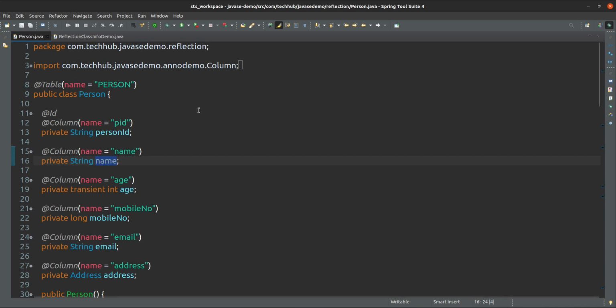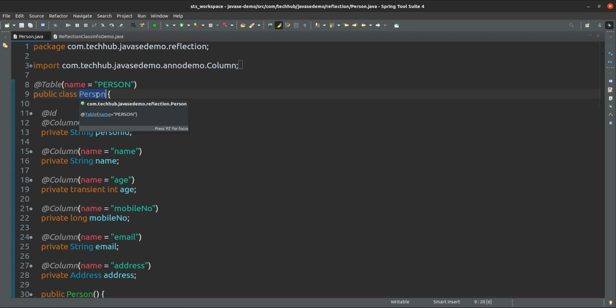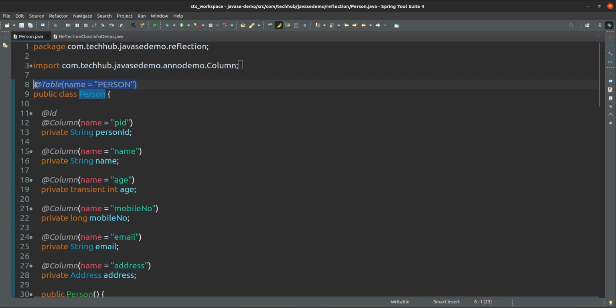Here we have created one class, Person. We declared this class as public, and the class name is Person. This class is marked with one annotation, Table, and the Table annotation has one parameter, name, whose value is PERSON in uppercase.